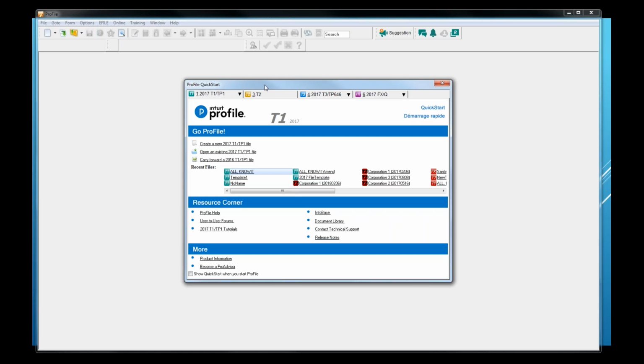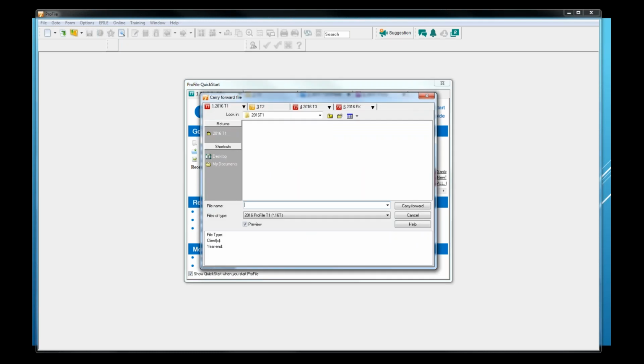A lot of people do prefer this because it enables them to quickly create a new return, open an existing return, or carry forward. So this is one way if you want to carry forward a file here from 2016 to 2017. You can click on this carry forward a file, carry forward a 2016 file. It's going to go to where your files are stored,